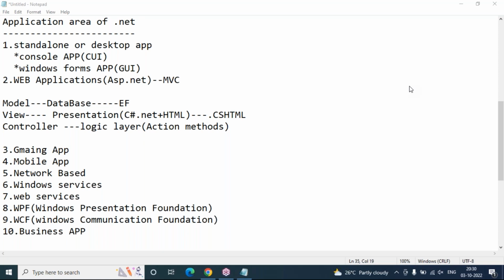Now coming to this, .NET Framework versions are different, and .NET Core versions are different. But whatever the versions, Visual Studio is mandatory. Without the framework, Visual Studio will not work. Whenever we install a Visual Studio version, one framework is also integrated along with it.